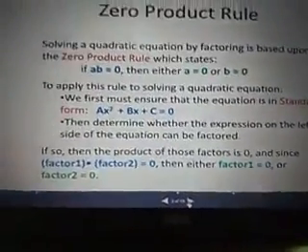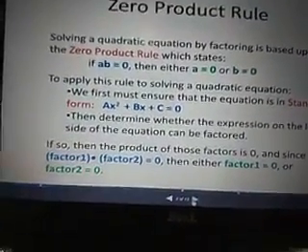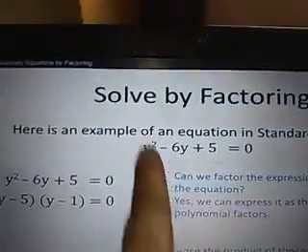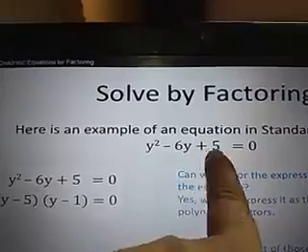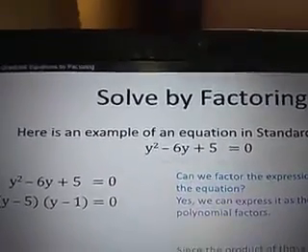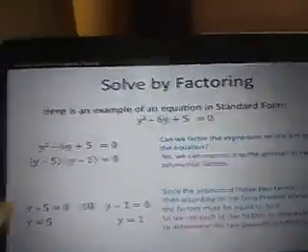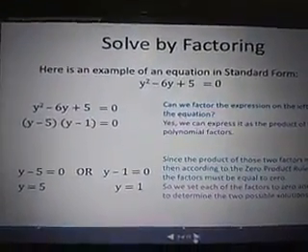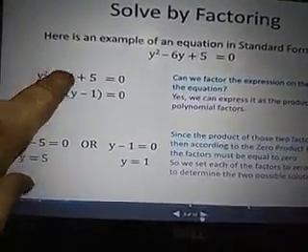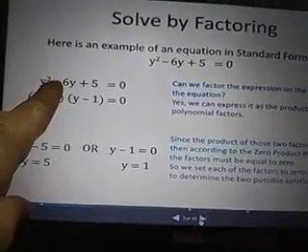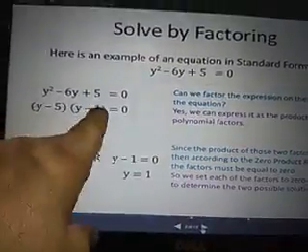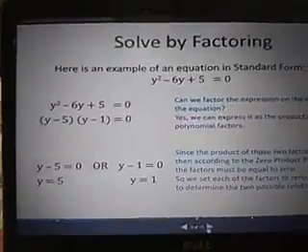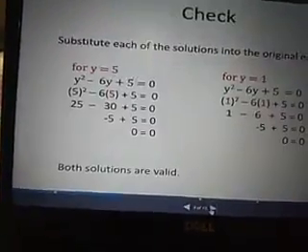So how do we do it? Let us go on to the example. Taking an example, if we have to factorize y square minus 6y plus 5, how do we do it? We have already learned that in our previous classes: we split the middle term, and then we get the factors like this. We've already studied the factorization method in previous classes.